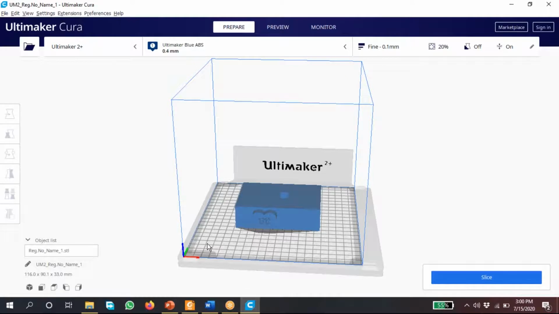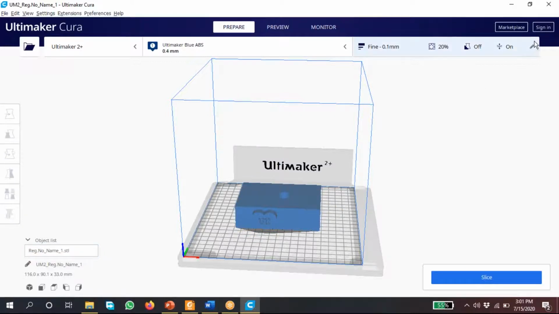Default orientation means after importing the part, we didn't rotate anything. We didn't do anything, so we call it the default orientation. It is how your part will be placed in the build space. This is the default orientation.